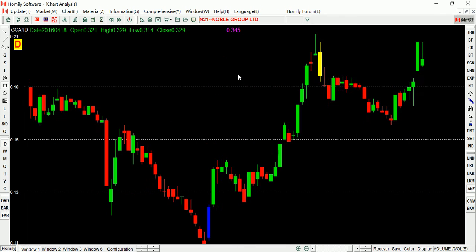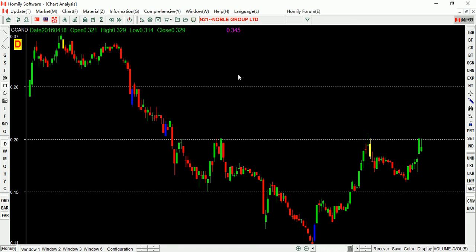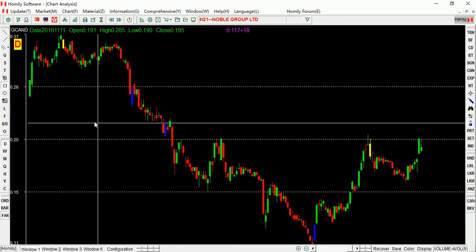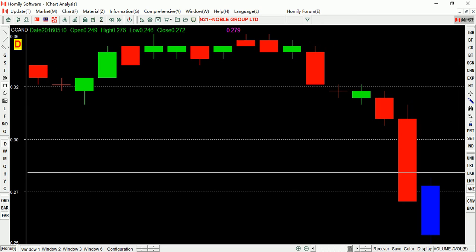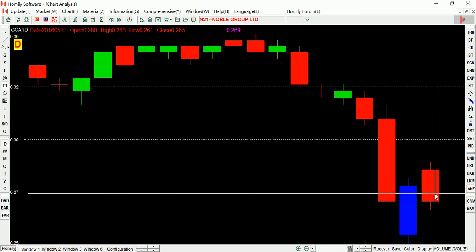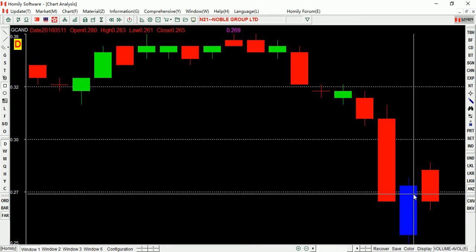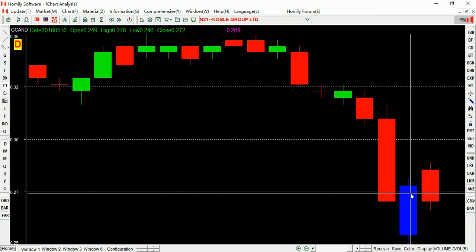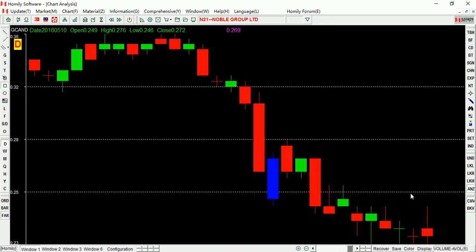Firstly, let's see Noble. Noble is good or not? Okay, then we can see this one. Blue candlestick appears, right? So this day, can we buy or not? For short term, because you know recently the market is suitable for short-term trading. So this one is good for judging the short-term investment. So we can see the blue candlestick appears. Then the next day, can buy or not? The closing price is lower than this one. Buy or not? No, cannot buy. Still wait and see. Okay?